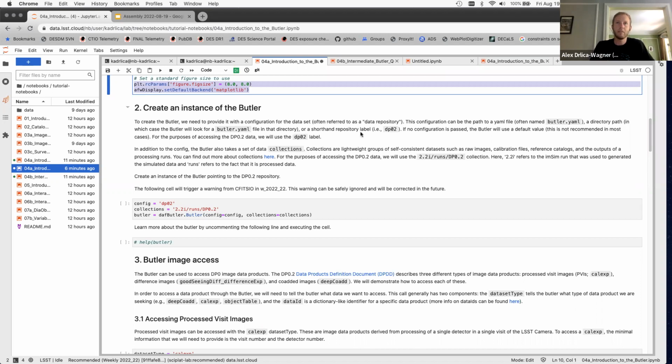In our case for DP0.2, we don't actually need to point to any specific YAML file. We have this shorthand label, DP0.2, that we can pass to the Butler directly. And then in addition, we want to tell the Butler which collection of data within this larger data ecosystem we're interested in accessing. And in this case, and essentially for all DP0.2 usage cases, we'd be specifying the